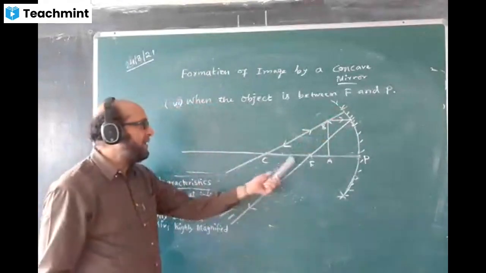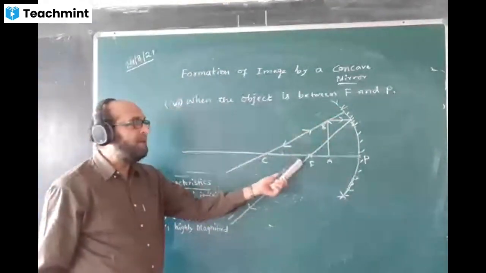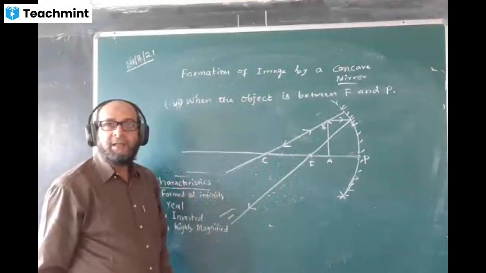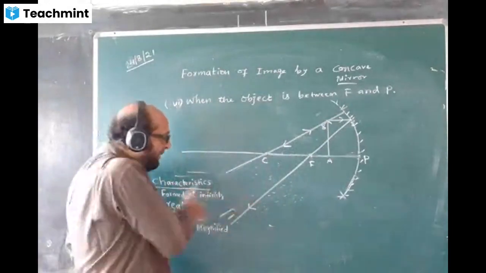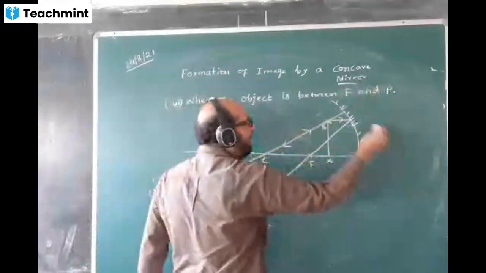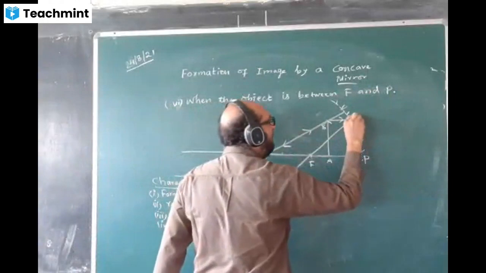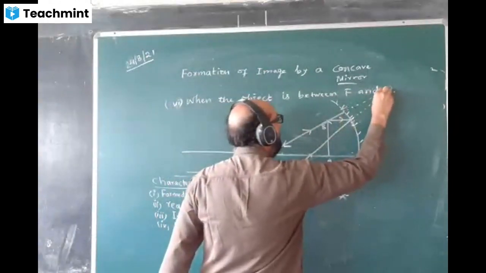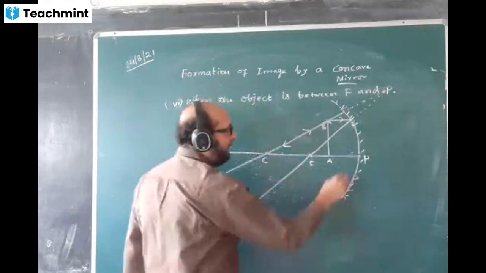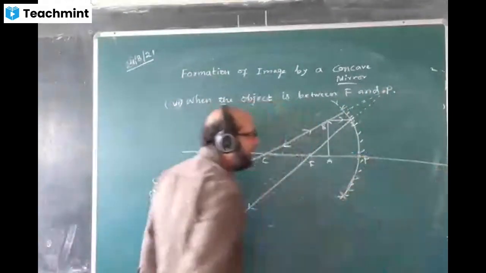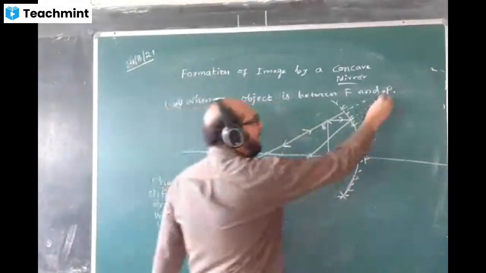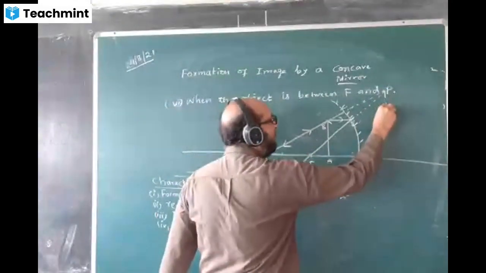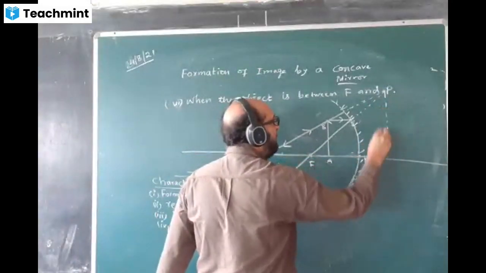Do you think these two rays are parallel? Are the two rays parallel? Answer is no. They will not meet this side, but they will meet on the back side by dotted line, imaginary line. Put the dotted line backward and extend this principal axis to the other side. Extend it. Here the image is formed. The image is also a dotted, virtual image like this.